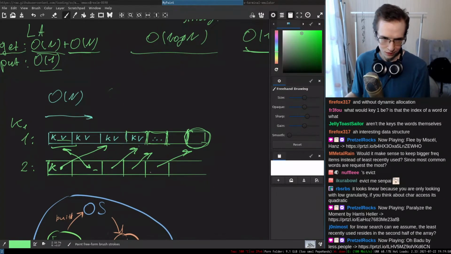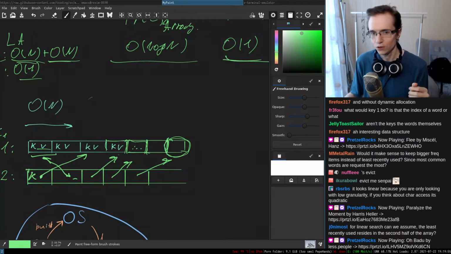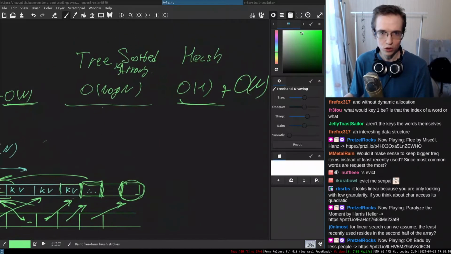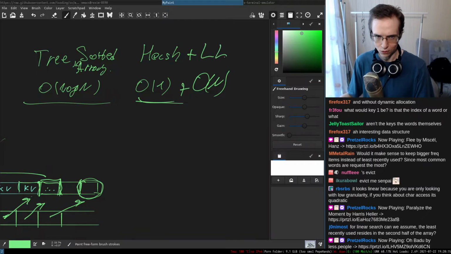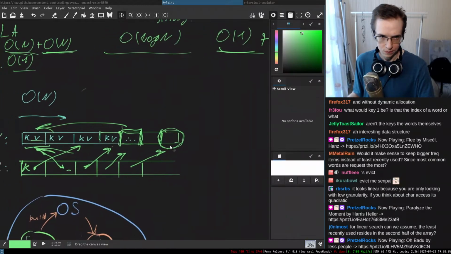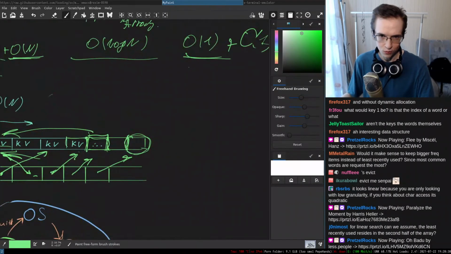Updating, like putting a new thing, will mean that you, oh, and yeah, you also need to update the frequency. So to update the frequency, you will have to bring this thing to the beginning and also update the pointer to the new one in this thing. So it's also going to be around O(n). Right, and to optimize this operation, people usually use a linked list, right? So you have hash plus linked list to easily and quickly bring an element to the beginning of the queue, right? So the put into this entire thing is going to be basically O(1)